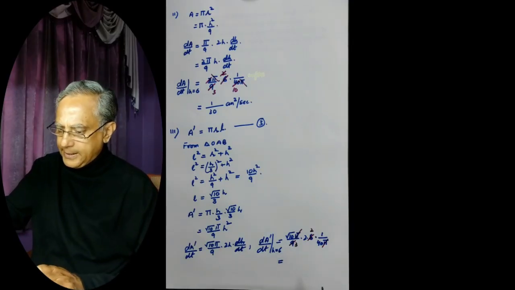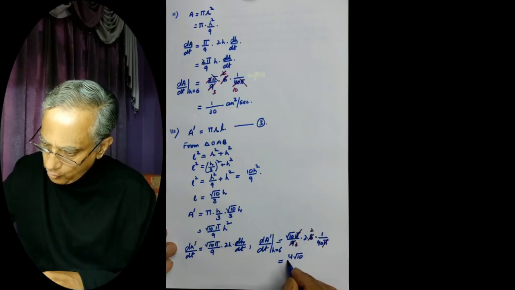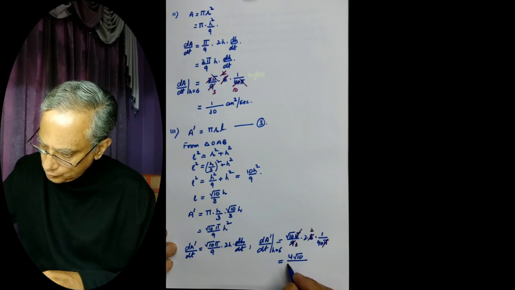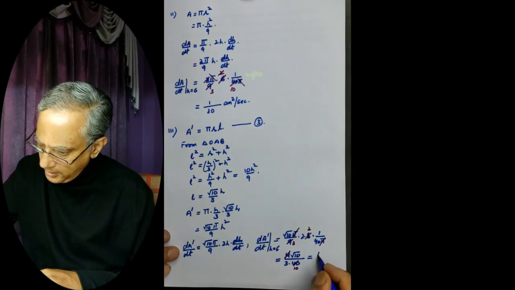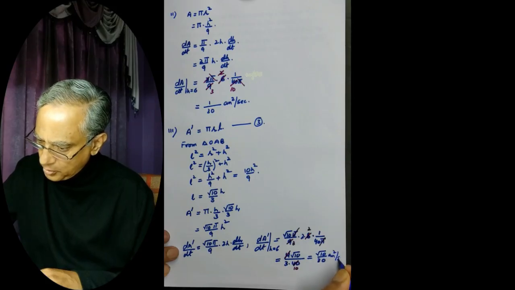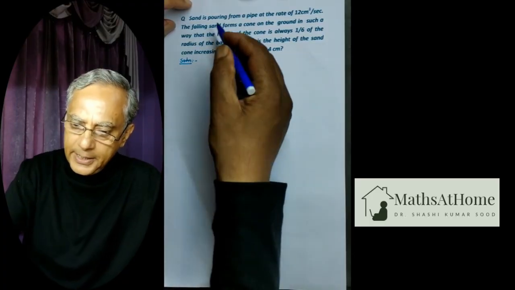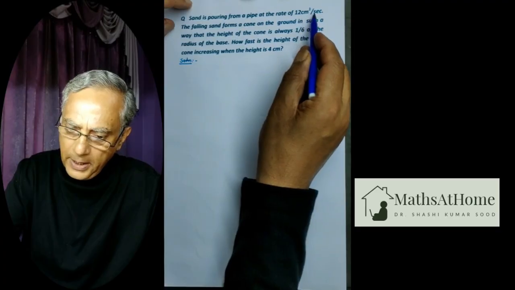So what we get is 4 root 10 over 3 into 40, and now this cancels with this, and therefore the answer is root 10 by 30 centimeter square per second. Now the next question is, sand is pouring from a pipe at the rate of 12 centimeter cube per